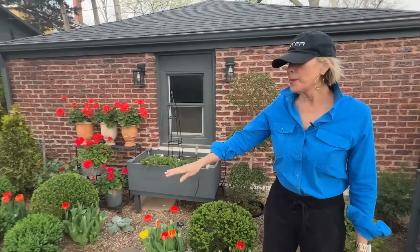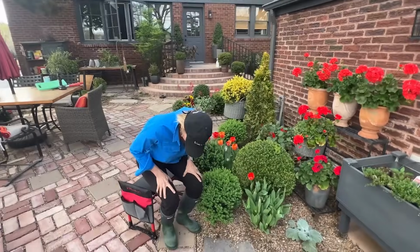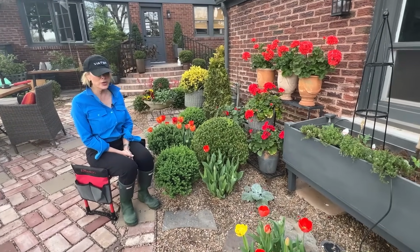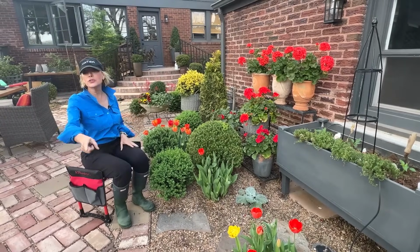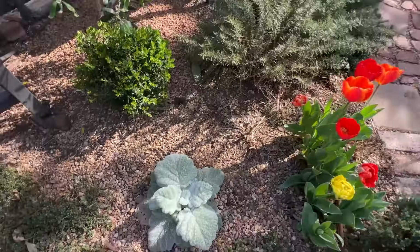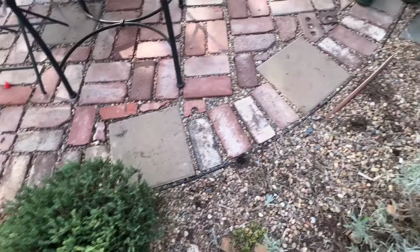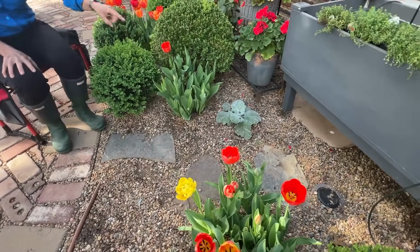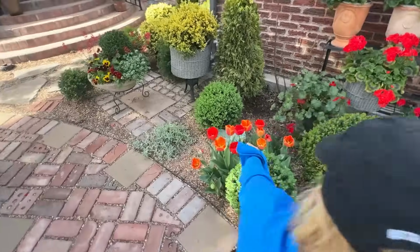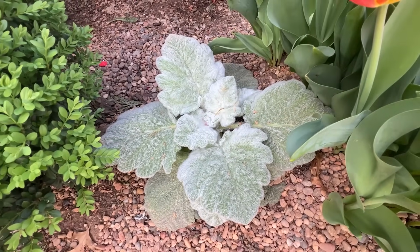And I have to say, my sweet new little bench looks very befitting with its red color in everything that's going on back here. Stuart, right behind you, at your feet, is one. There is one. Over here, there is a second one over there. And then over here, if you want to walk over this way, you can see on the other side of this big bunch of tulips, there is a third, and you guys were kind enough to point out to me